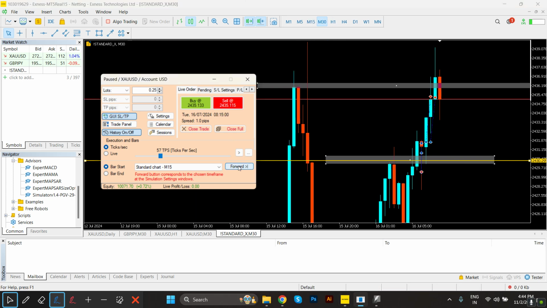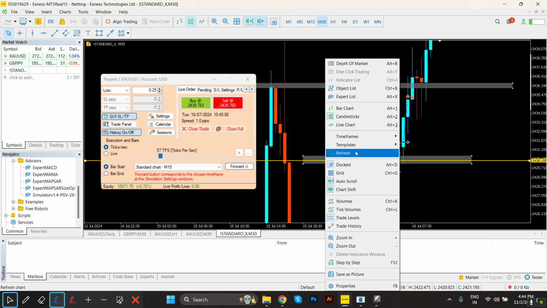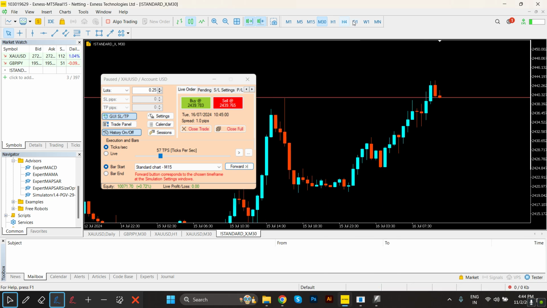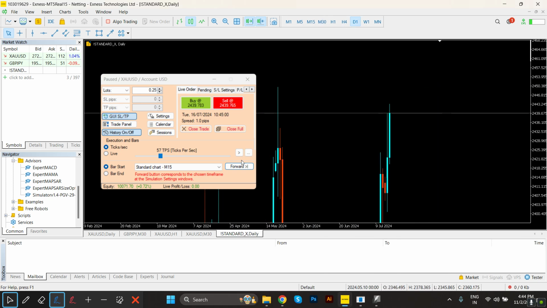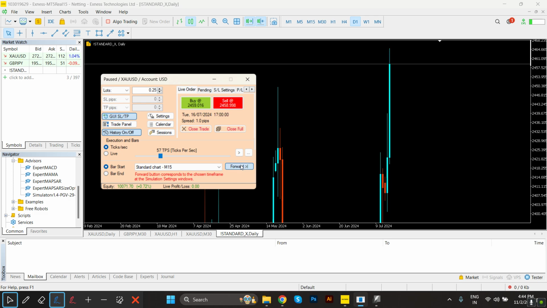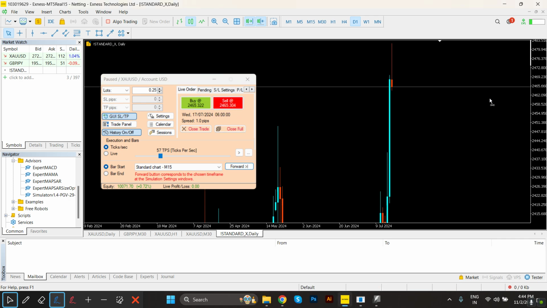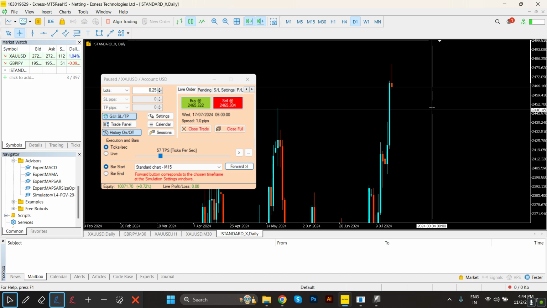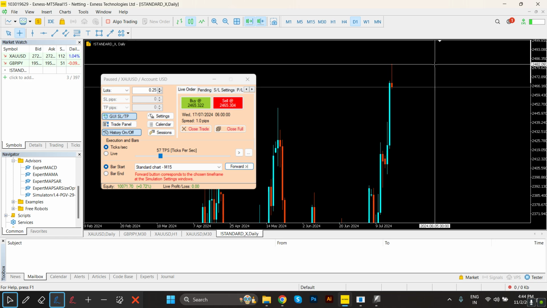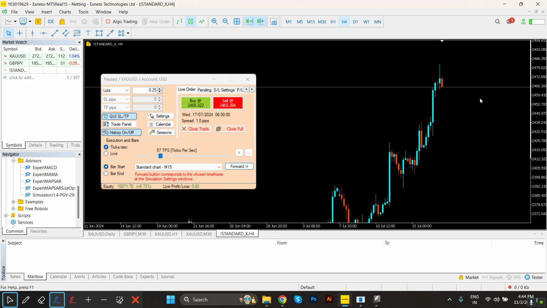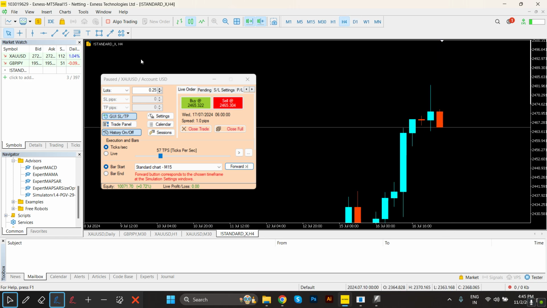Let's jump to the next day. Let me reset the chart. Let's just switch to the daily time frame, and we'll go to Wednesday. Okay. Oh wow, so gold indeed moved up. We created an all-time high. Now we are retracing. Let's just jump to the 4 hour. On the 4 hour we have